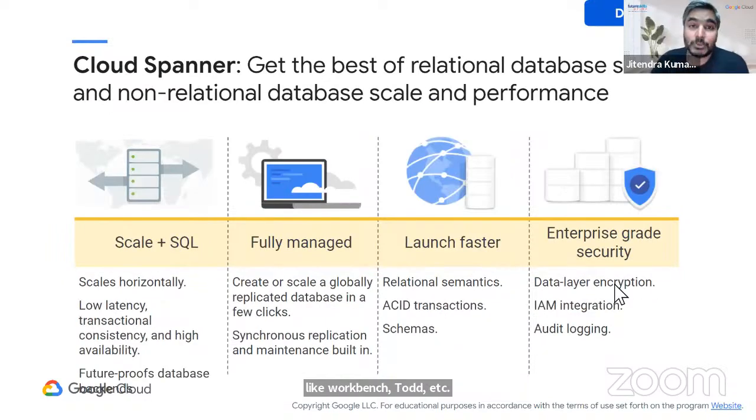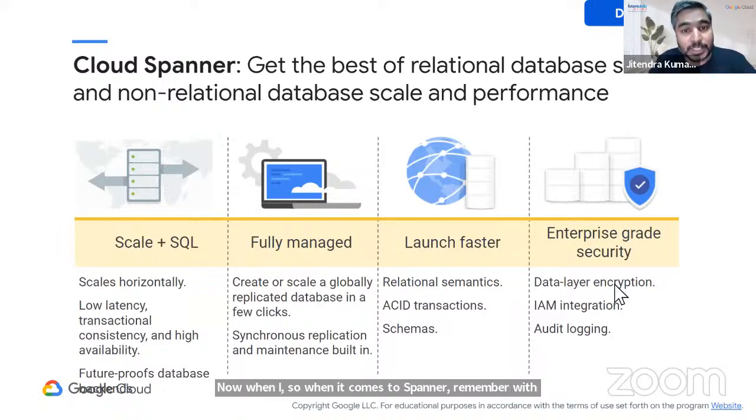Now when it comes to Spanner, remember with Cloud SQL my limitation was 96 vCPUs and 624 GB of RAM. Cloud Spanner has no such limitations. Cloud Spanner is horizontally scalable. What it means is I could have hundreds of nodes of database running in multiple continents and in multiple regions in Google Cloud Platform. And my application could be a globally deployed application. And it will see consistent behavior across the world, wherever the application is accessing data, simply because my data is replicated across multiple nodes, across multiple continents.